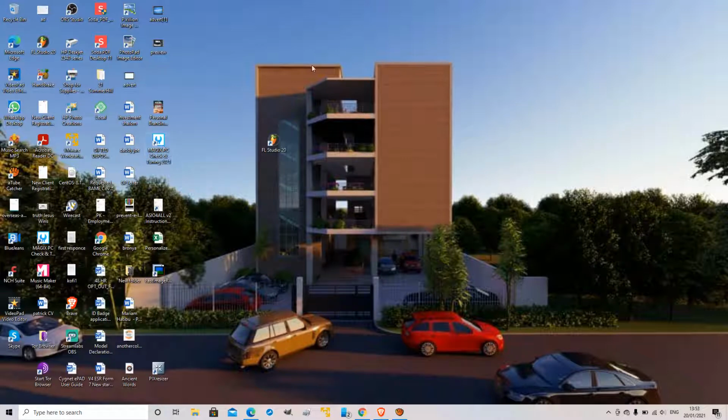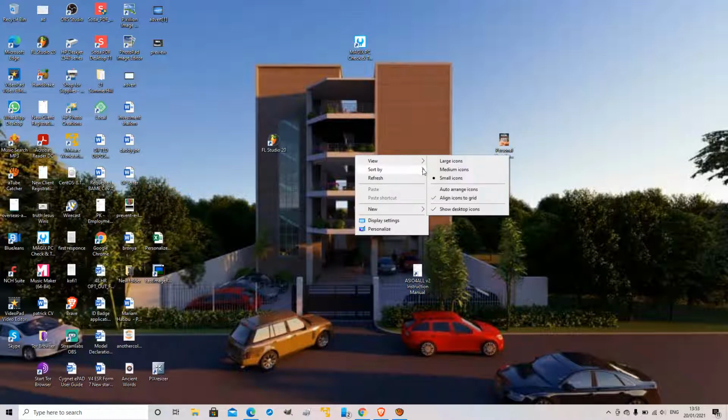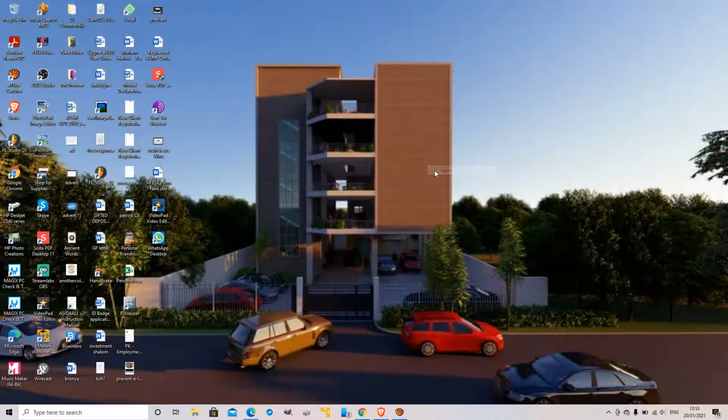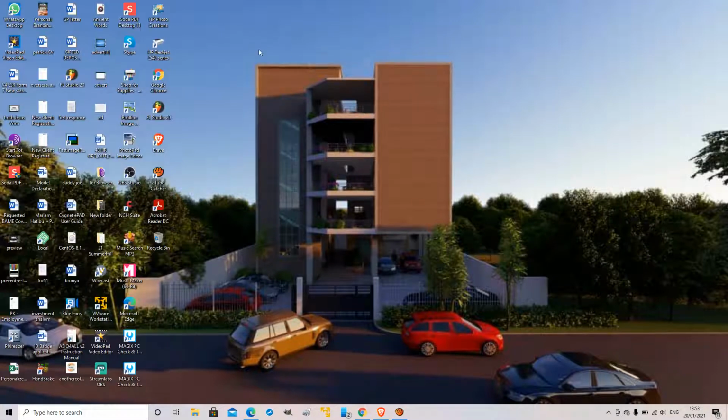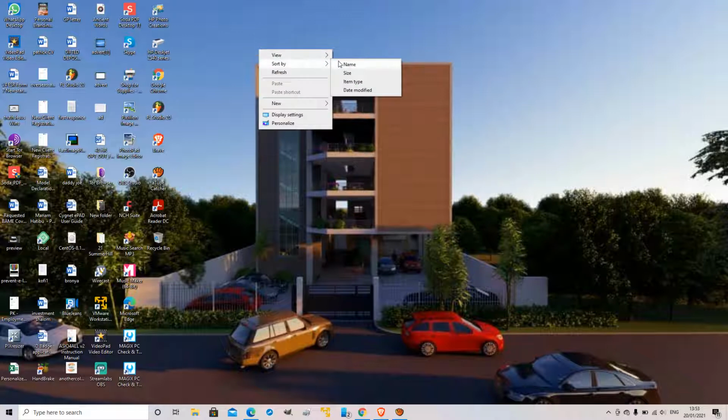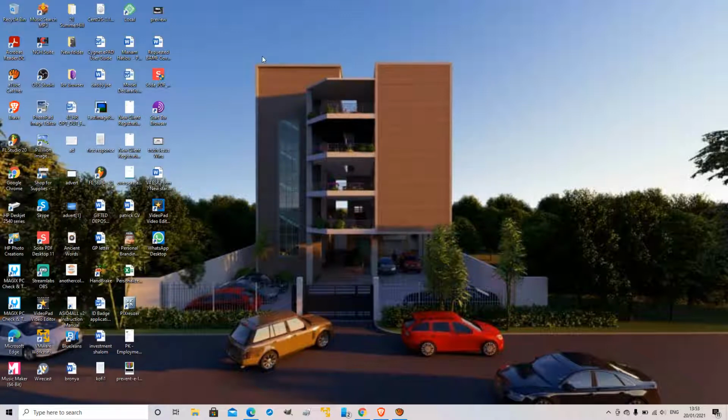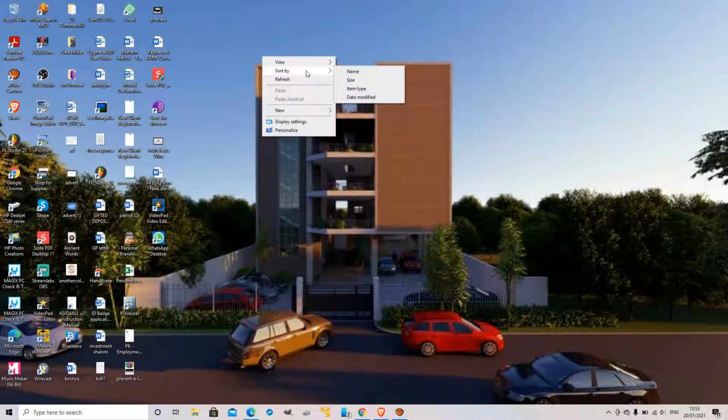And then let's assume the icons are everywhere, and then you want to arrange them. You go to sort by name. It has rearranged everything. So it has arranged them by their names. That's how it is. It will keep arranging by name. You can do it by size, you can do it anyhow that you want. It is up to you. Okay,